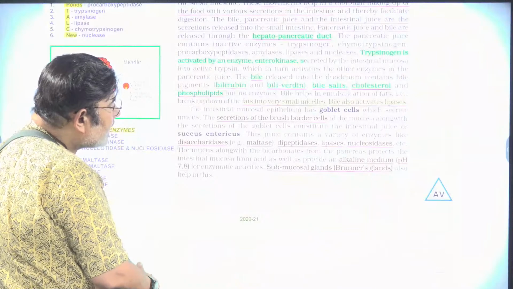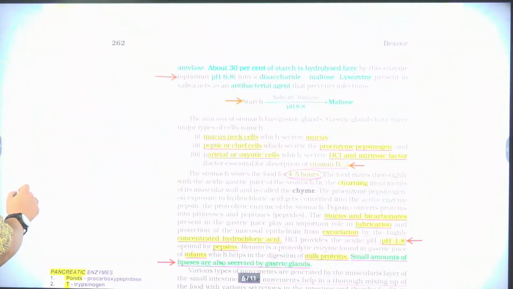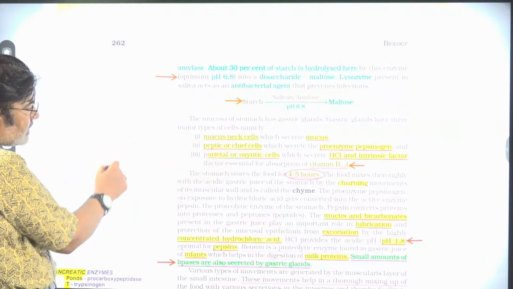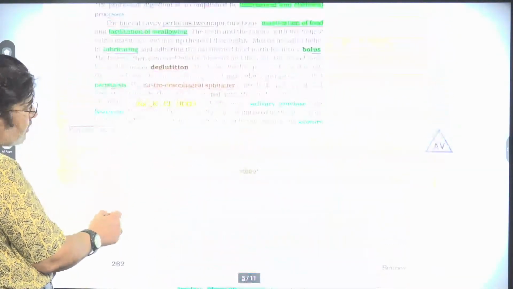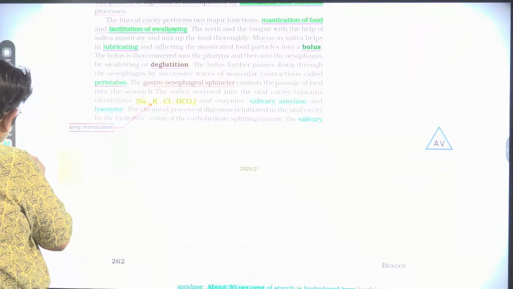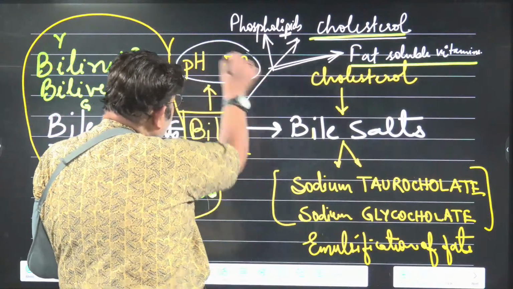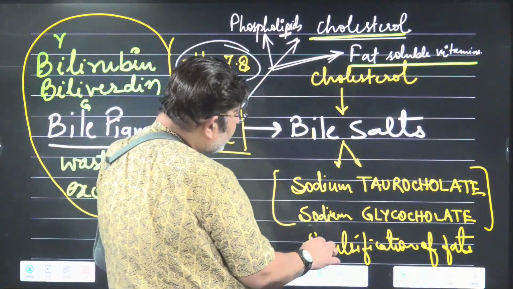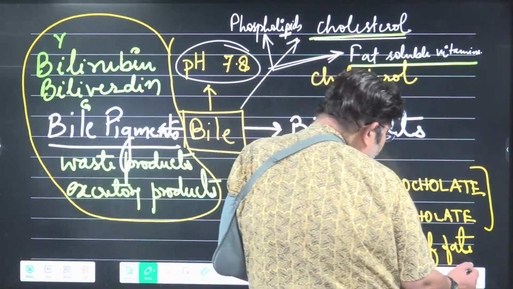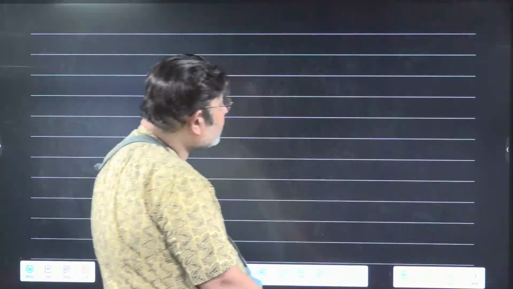Bile also activates lipase. These are the functions of bile. Bile also activates the lipid digestive enzyme. This activation is not the activation of the other protein digesting enzymes, but still, it is one of the functions that it can activate lipase. I think this point is clear. Let us go to the textbook and do it in a proper form. Remember the pH, and also remember the name of the bile salts, which help in emulsification of fats. And you know what happens when these small droplets ultimately form micelles.